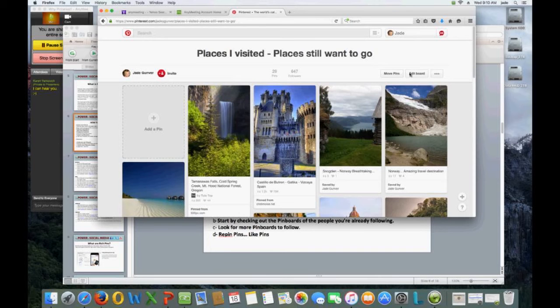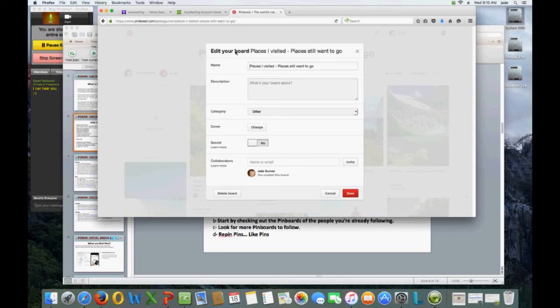So you can move pins, edit your board. You can edit the name. You can write a nice description: the places I visited already, but still want to travel more.